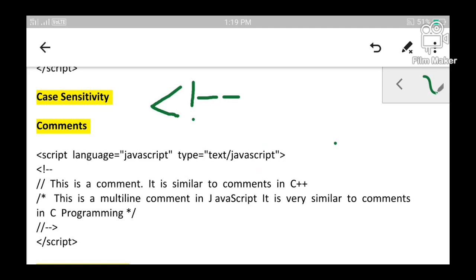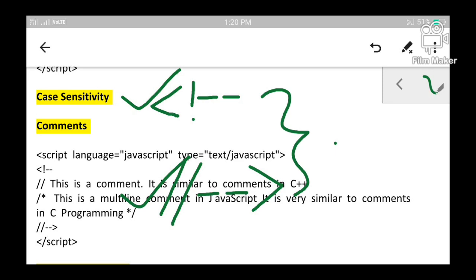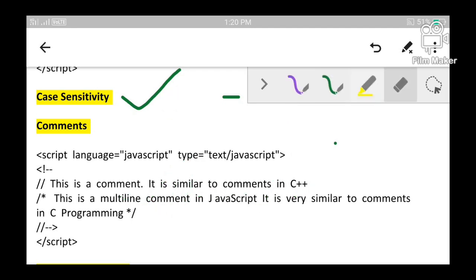And whenever you see statements prefixed with double backslashes, two hyphens, and a right angular bracket, this marks the end of the comment section. So this is the beginning of the comment section, and this is the end of the comment section. Within these two tags, any comments can be specified. It is not that you can give only comments within the section. Comments as well as executable code can also be specified within these two tags. Okay, so this is all about comments in JavaScript.